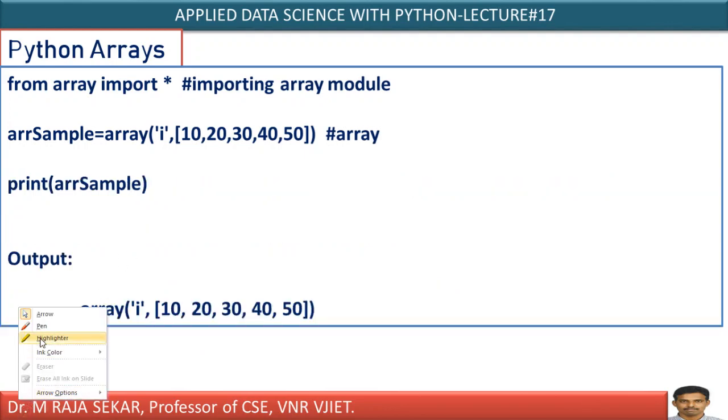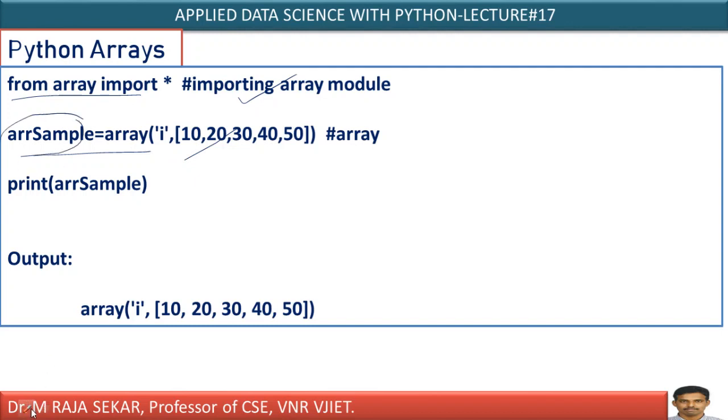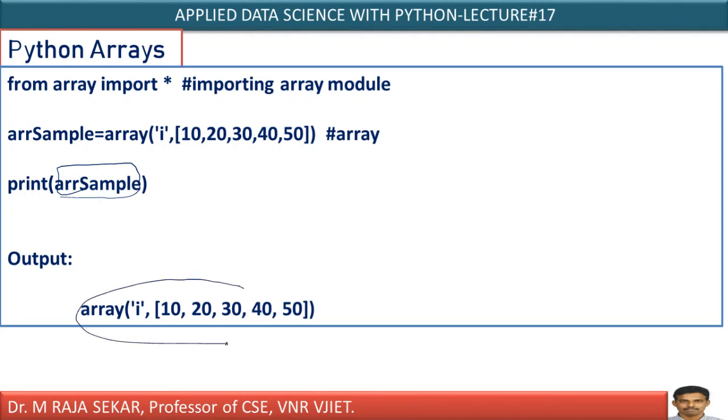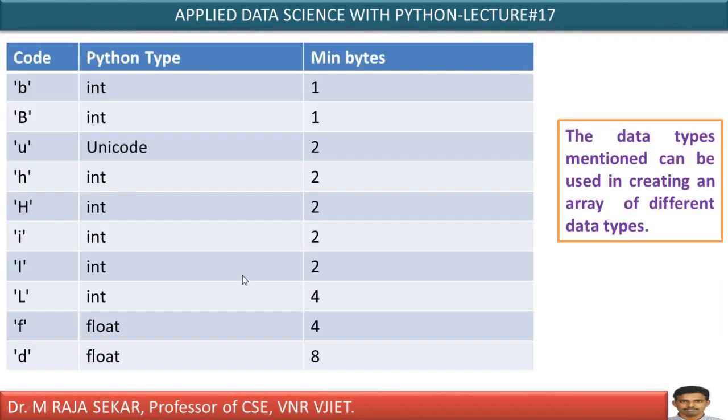Now let me take the same example. We discussed how to create an array by importing the array module. We created an array, and that created array is stored in an object known as array sample. I can just give print and that array name. Here my array object name is array sample. Without using a for loop, if you want to display, the output will get displayed along with its data type, in this particular format. If you want to use a for loop, you can make use of it. In that case, you will get the elements one after the other. These are two different ways of displaying the elements of an array.